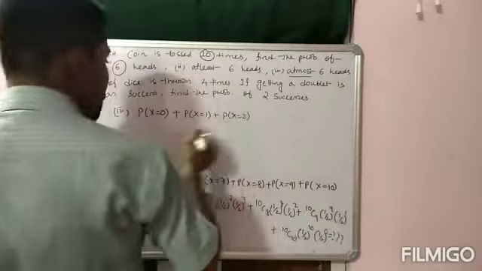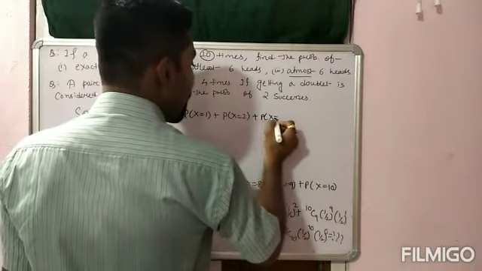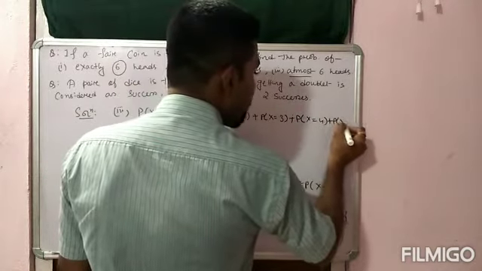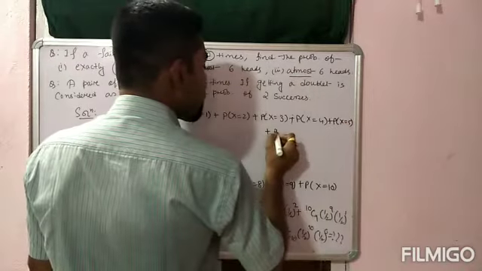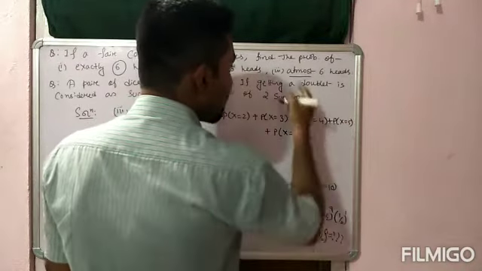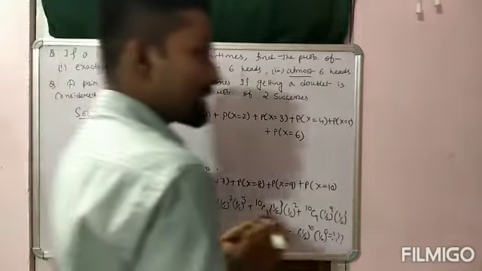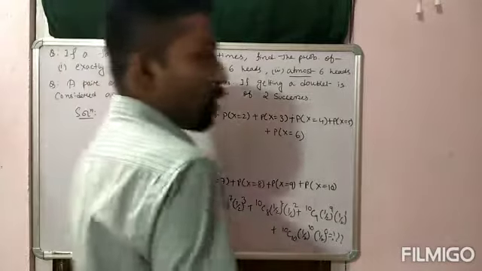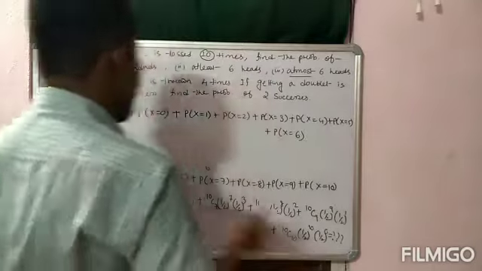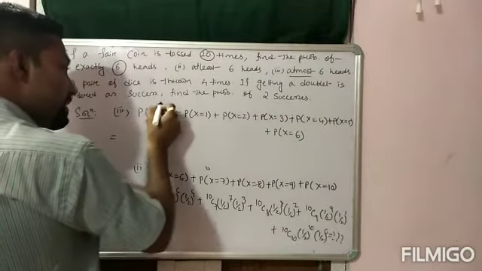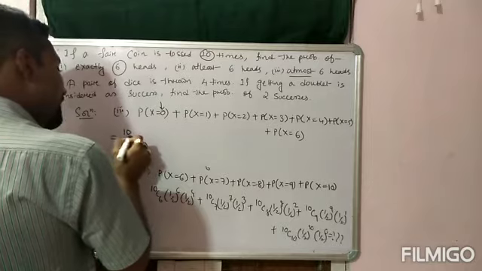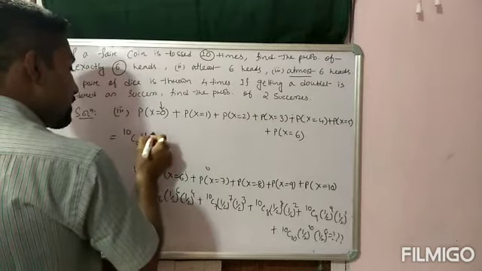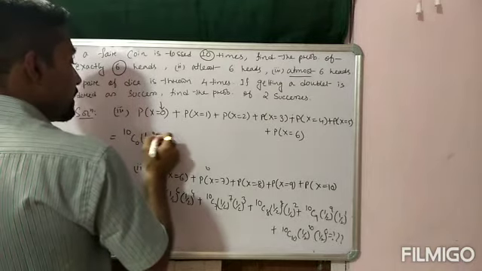Okay, so x equal to 0, x equal to 1, x equal to 2, then for x equal to 3, x equal to 4 plus P of x equal to 5 plus P of x equal to 6. At most 6 heads means not more than 6. 6 से ज्यादा नहीं हो सकता है, 6 से कम होगा. तो 6 से कम मतलब you have to start from x equal to 0. Okay, so here also x equal to 0 means this is the value of r. n is 10 only. 10C0, p to the power 0. p means half. Half to the power 0 into half to the power 10.